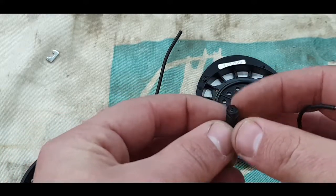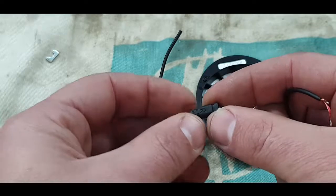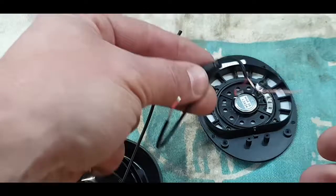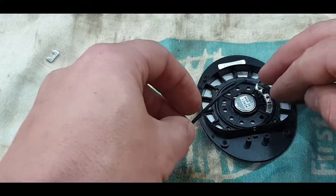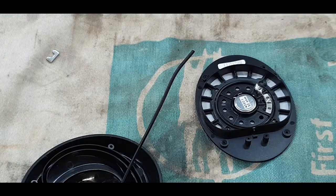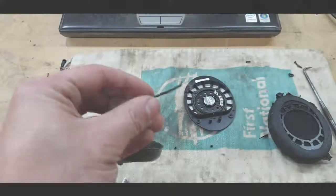I assume they clamped these around the cable with some sort of hot tool to basically melt it onto the cable. So what I'm going to do now, first, this is an old piece of cable. I'm going to clean this one off with my slide cutter and my knife, and then solder it on there, and first see if that works before I go through too much trouble to get this restraint on this side working again. Okay, so I cleaned the cable,